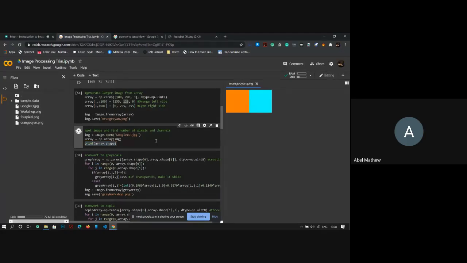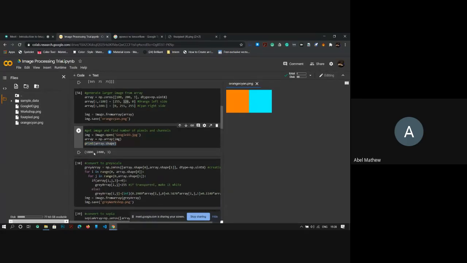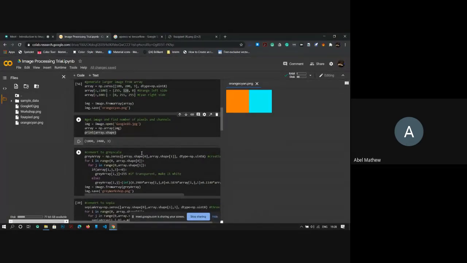If we run it, we get 1800, 2400, 3. So we have 1800 pixels width, 2400 pixels height, and 3 channels, R, G, and B. As mentioned, JPEG does not support transparency, so JPEG will never have a value of 4.